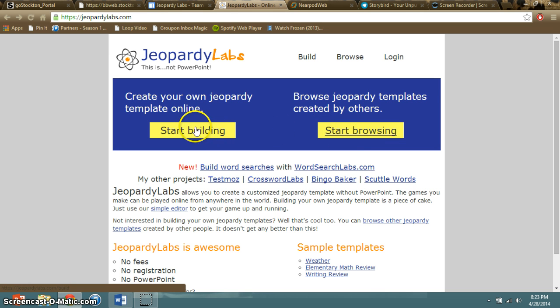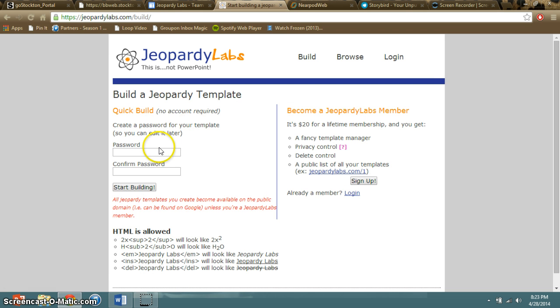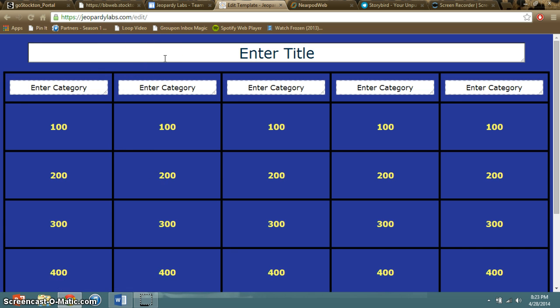If you want to create your own, all you have to do is hit Start Building, and you just have to make a password so that you can go back to it later. Hit Start Building, and then you're going to come to the screen where you get to actually create your Jeopardy. So if I was creating this for an advertising class, and I wanted the categories to be social media and companies,